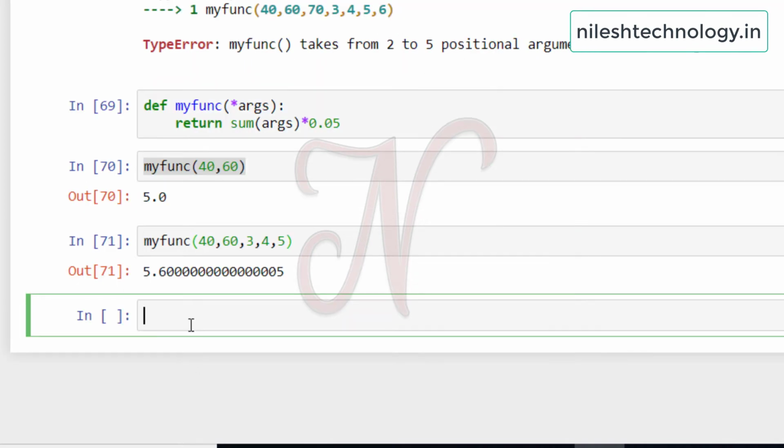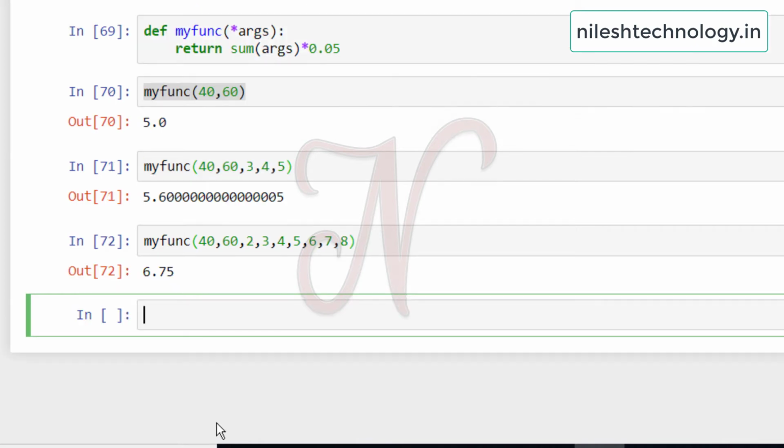There is an answer. See here, 2 3 4 5 6 7 8 9 parameters, answer is 6.75. So the user can pass as many parameters as they want, and it's going to be treated as a tuple inside the function, and that's really useful for a lot of things.